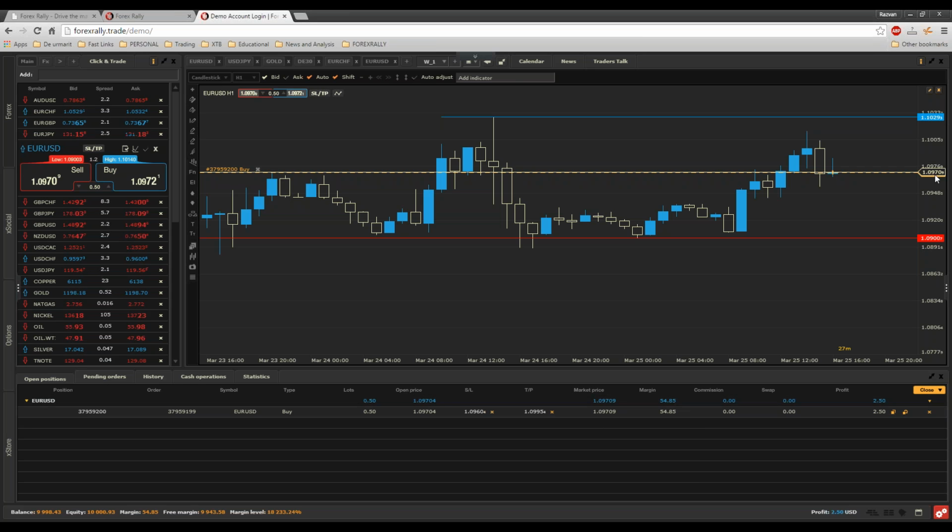This is the current value of euro dollar. I can see my margin, 54.85 bucks. This margin is like that because I have a leverage of 1 to 1,000 on this account. Now, no commissions here, no swaps here. Swap is the cost of keeping the position open overnight, but we'll talk about swaps in another webinar.